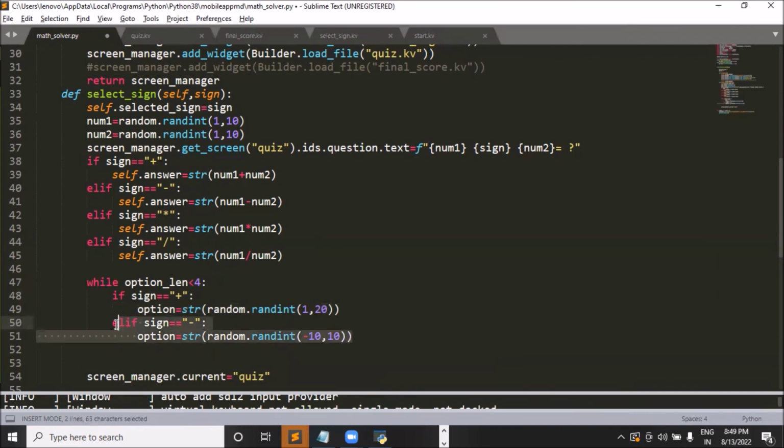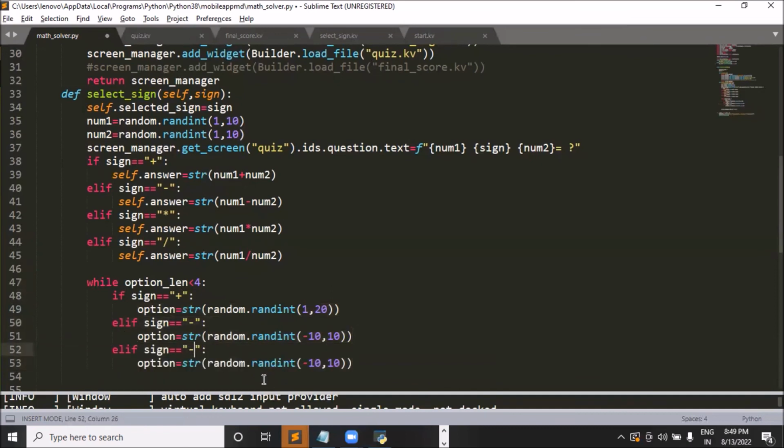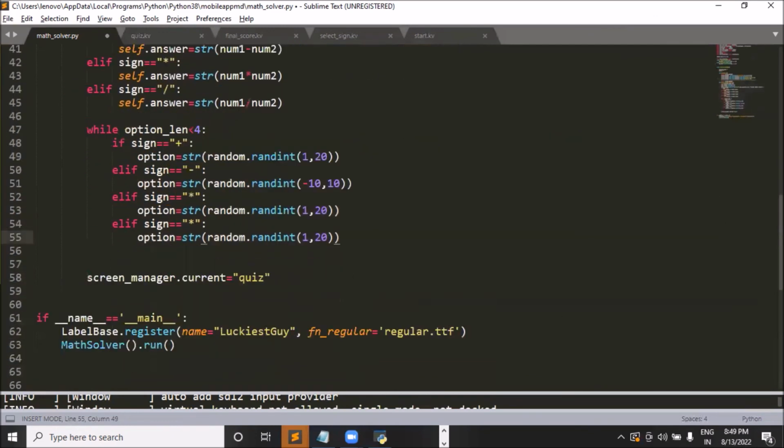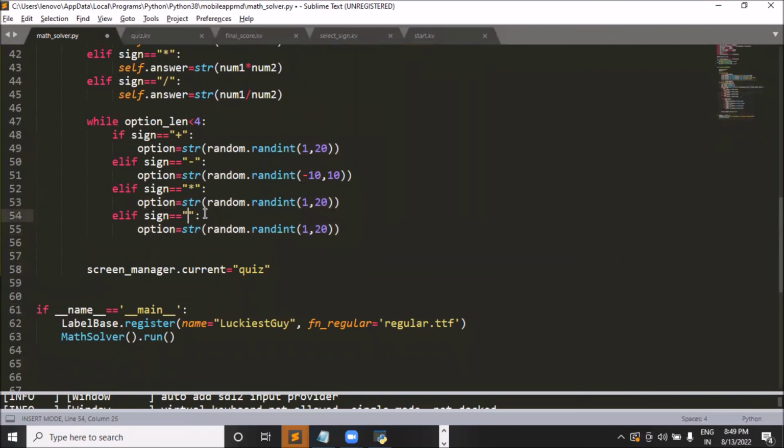Similarly, if the sign is equal to, let's say, multiply, the answer can be from 1 to 20, anything the answer can be. If it is divide, then we can say that